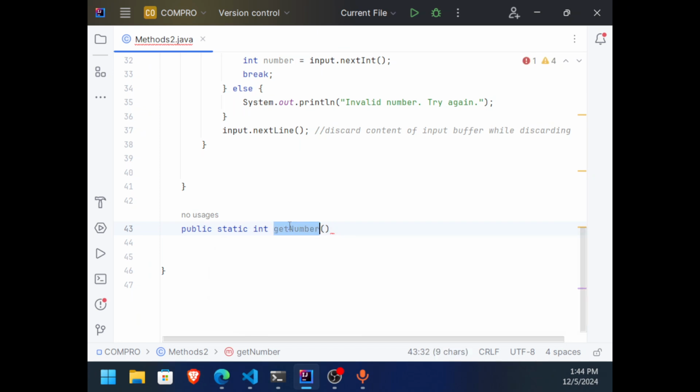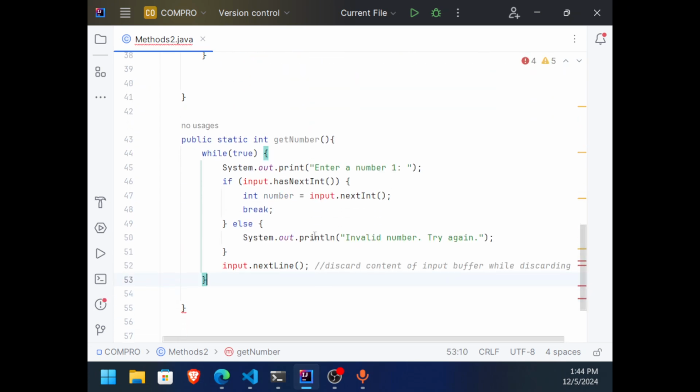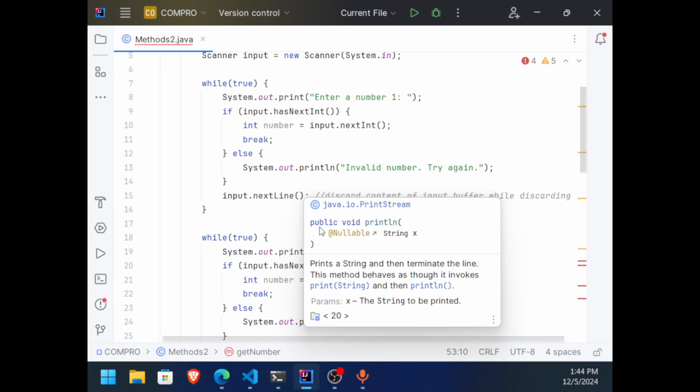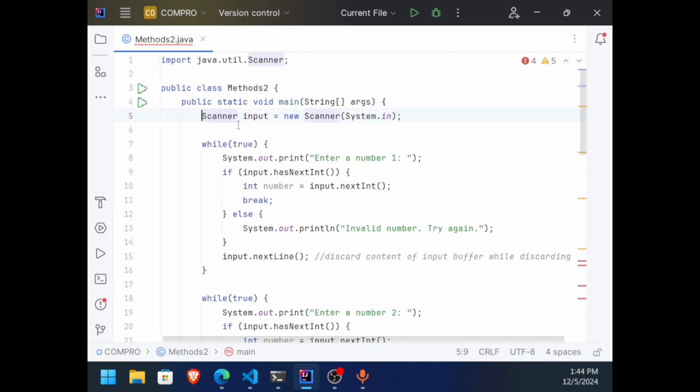Okay, and then the name of the method to be followed by optional parameters. Say we're not going to need a parameter this time. Okay, let's just leave it blank because that's just optional. And I'm going to paste here the code. Of course, I have to get also the scanner because that is needed.